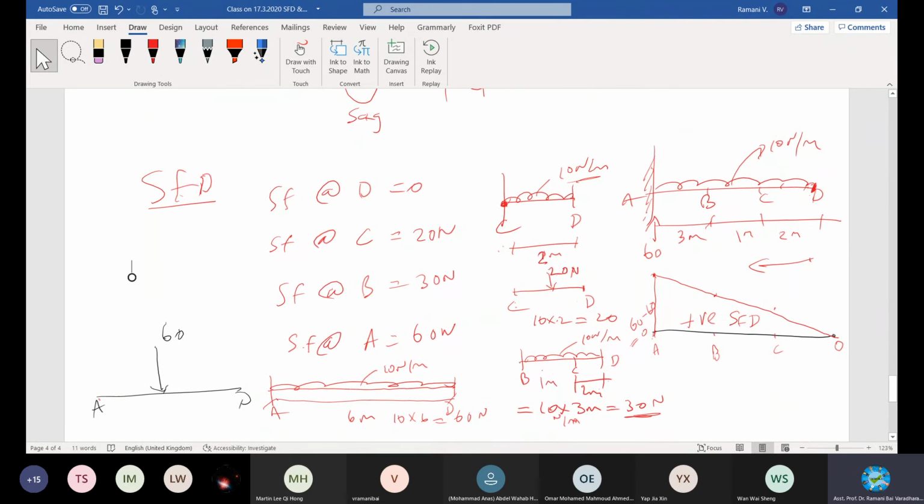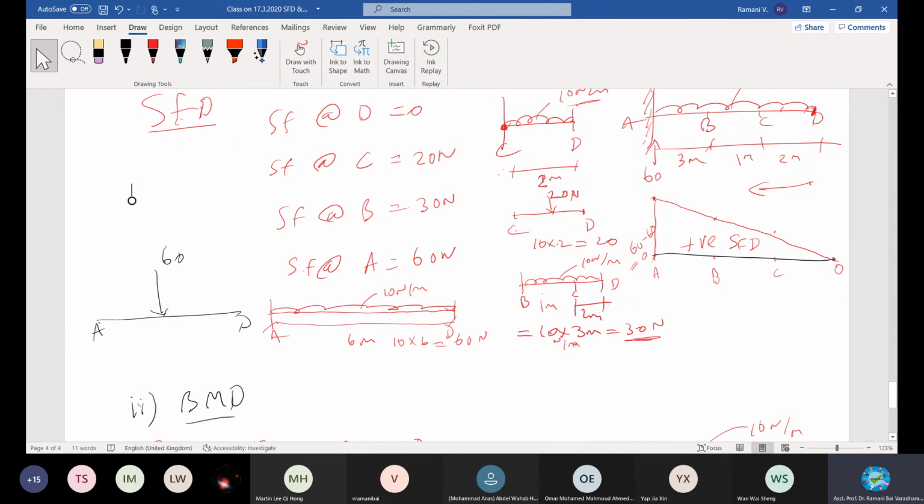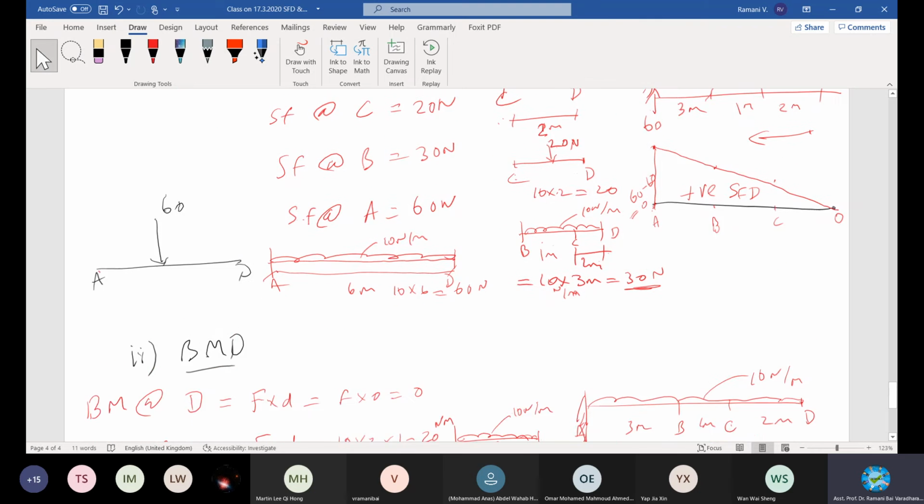A is over here at this point. The whole load times the whole distance, the entire distance. So when you multiply A to D, it will be 10 times the whole distance, the length of the member itself, which is 6, so 60 newtons. So at A, it should be reaching 60, or it is acting in this way. In other words, you can represent the free body diagram in terms of the point load, it will show like this. A to D will be acted upon by 60 newtons at the center.